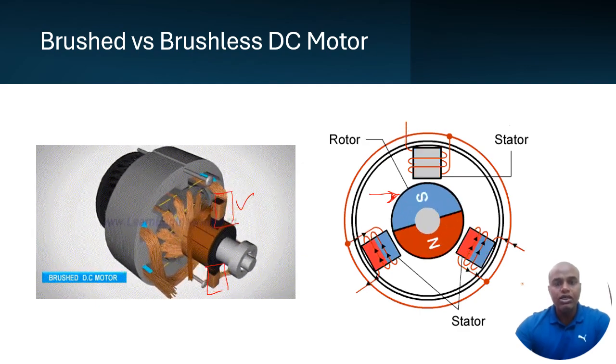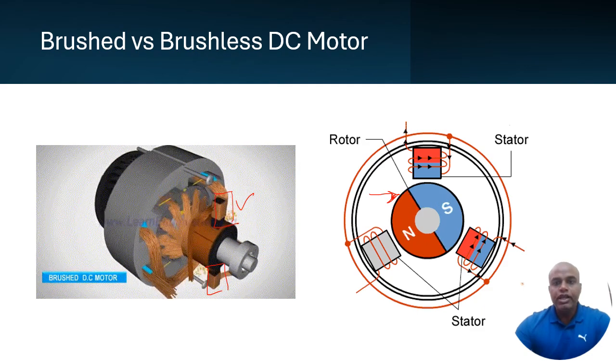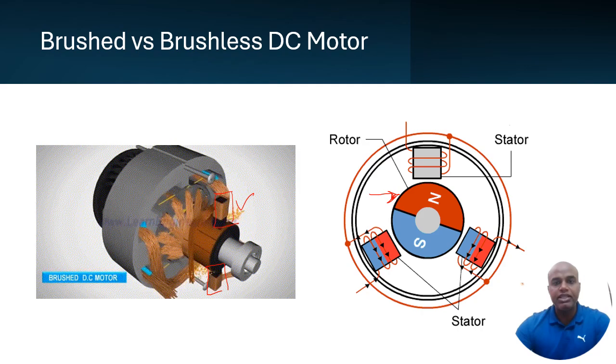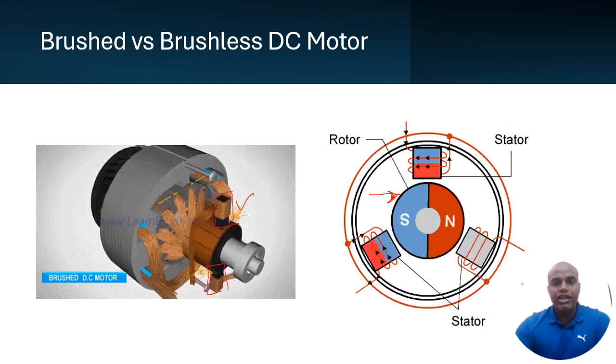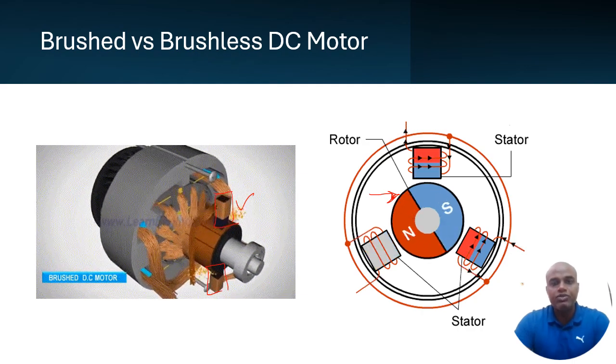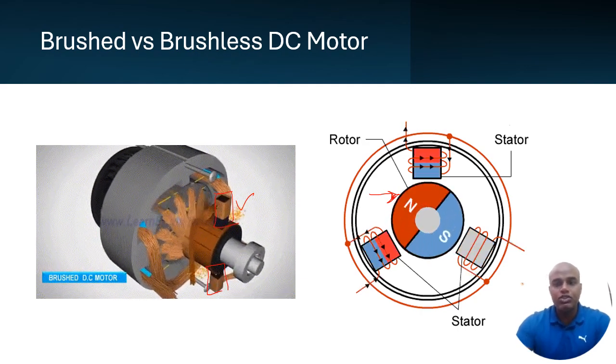Therefore it starts rotating based on the principle we used to play with in our childhood: if we have two magnets of different poles, and we move one magnet, the other magnet also moves along with it, because of the attraction force. The same principle is implemented in the BLDC motor. Here we can clearly see that the rotor is a permanent magnet,